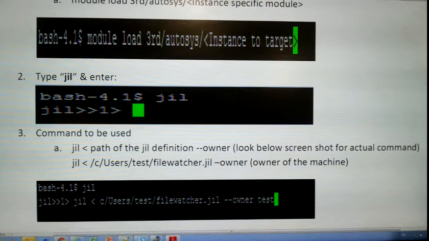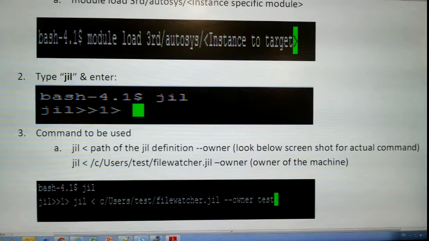Now you have two ways to define the job. First, you can provide the job-related attributes here and keep entering them. But the drawback is that once you type them, you will not be able to see what all attributes you have defined for that particular JIL.